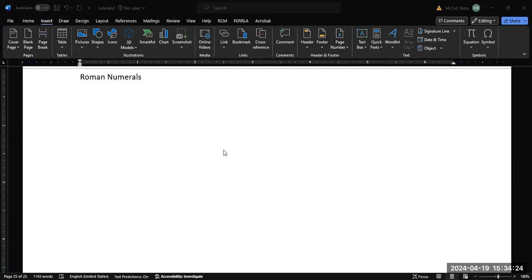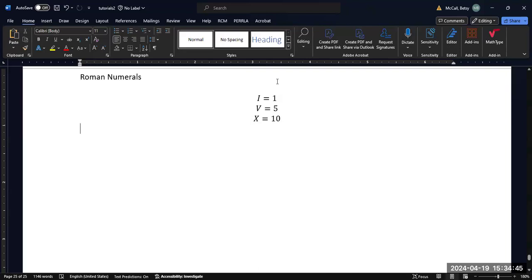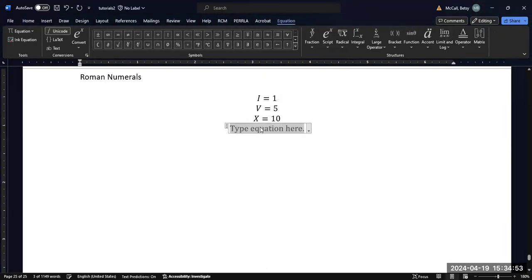So the conversions basically are going to involve the letter I being equal to 1, V being equal to 5, X being equal to 10, L being equal to 50, C being equal to 100, D being equal to 500, and M being equal to